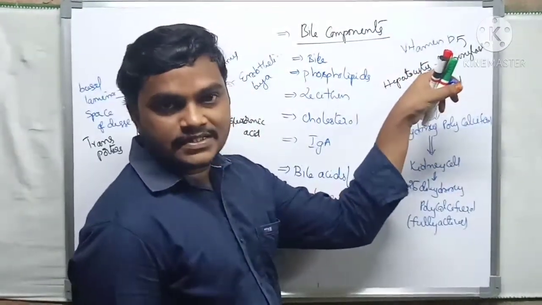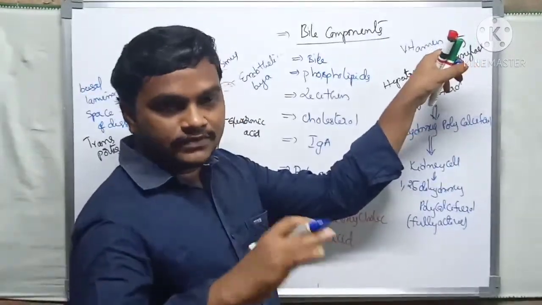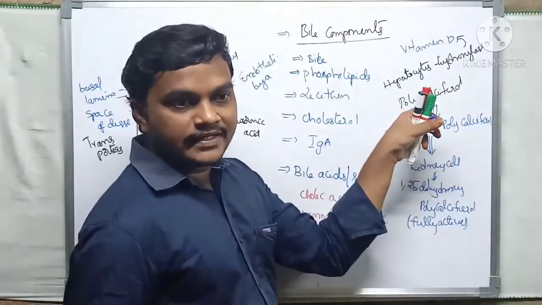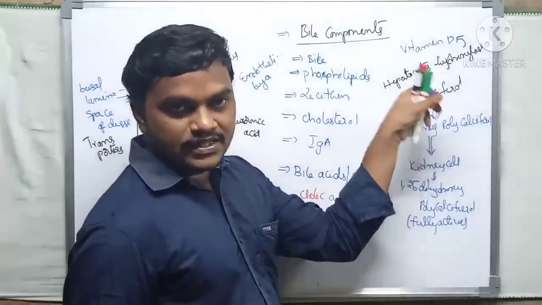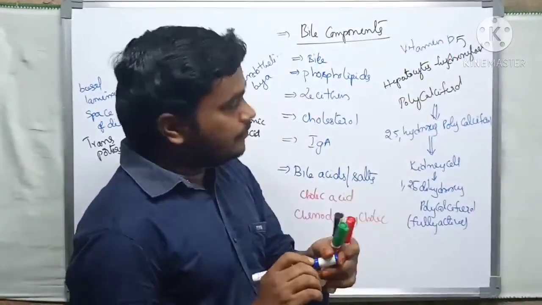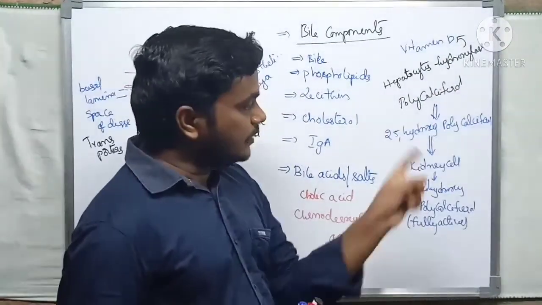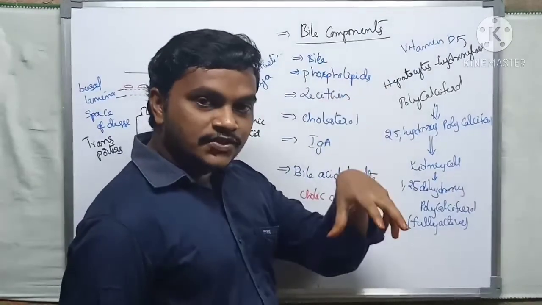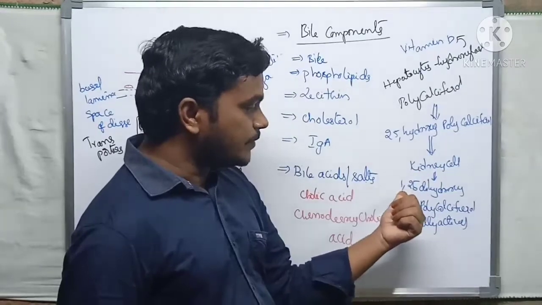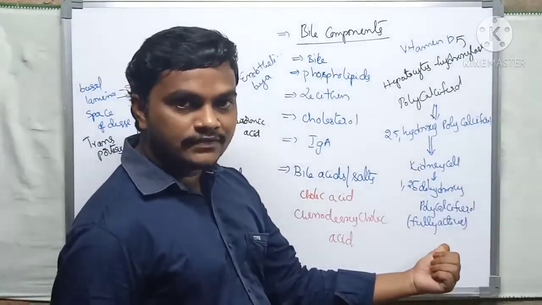So the major diseases related to the liver: one is bile, another is alteration of this type of mechanism. If there are any changes in this mechanism, the diseases are related to vitamin D deficiency and common liver diseases. So hepatocytes convert cholecalciferol into 25 hydroxy cholecalciferol. This enters the kidney cells. Those kidney cells transform it into 1,25 dihydroxy cholecalciferol, which is fully active. It is now active for our working.